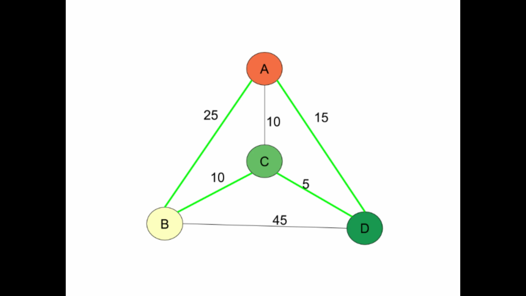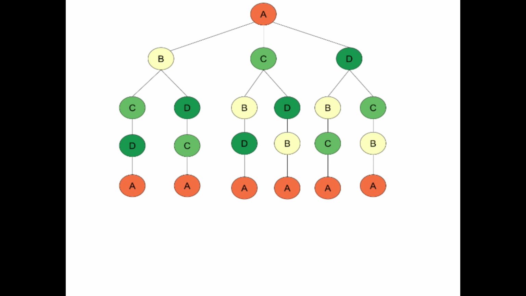Then from C, the person can go either to D or B. And from D, the person can go either to C or B. So you can see here, from C, the person can go to city B or D, and from vertex D, the person can go to B or C. After reaching vertex C, the only city left is D. A, B, C, D, and from D, the person can reach the city C. From B, the person can reach the city D.